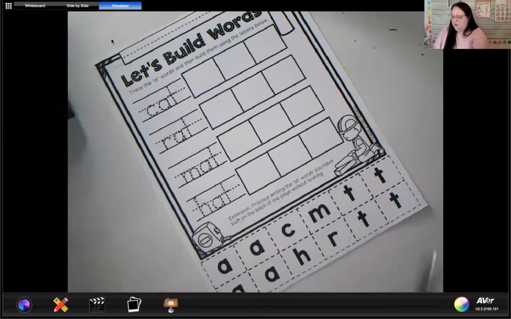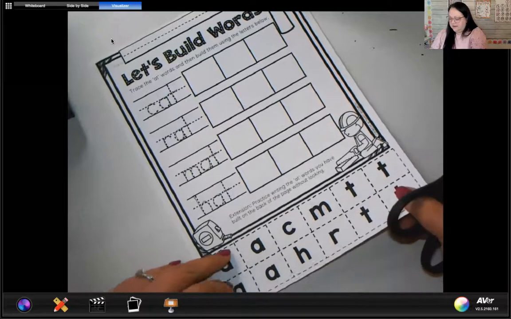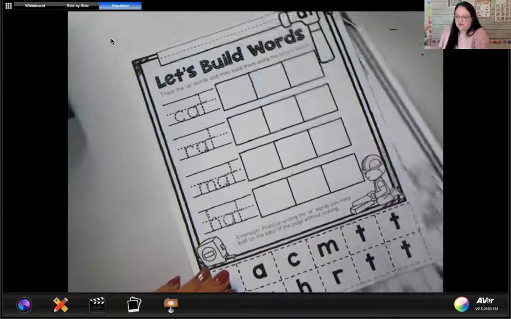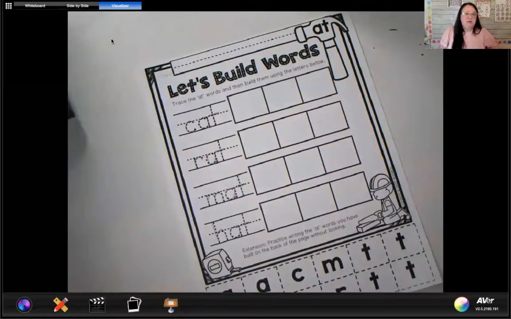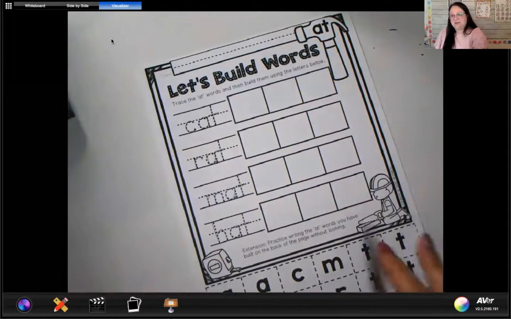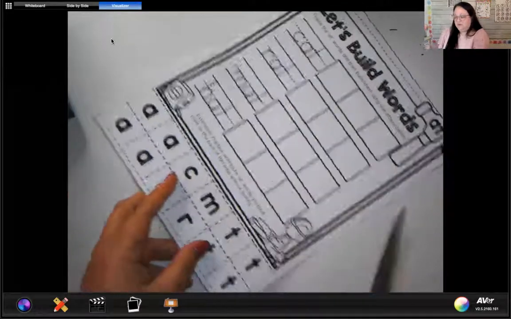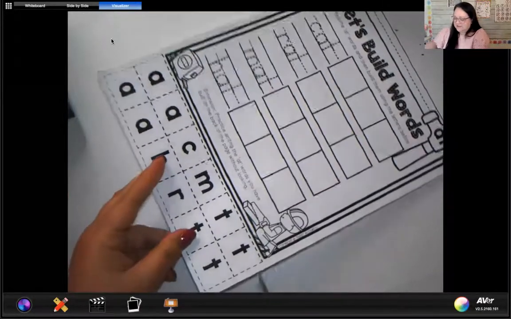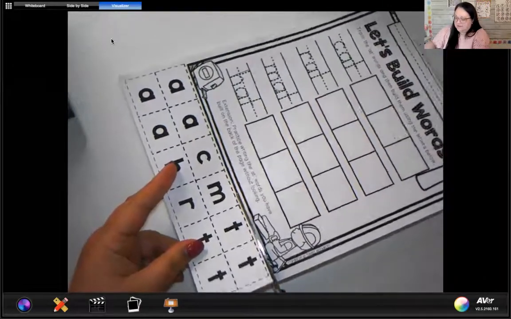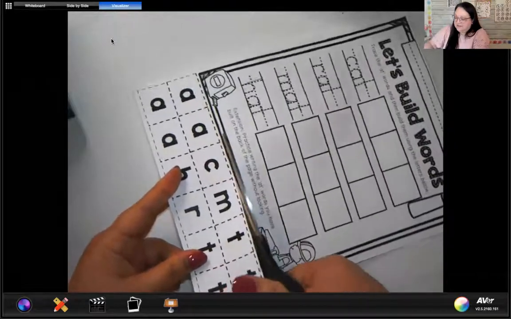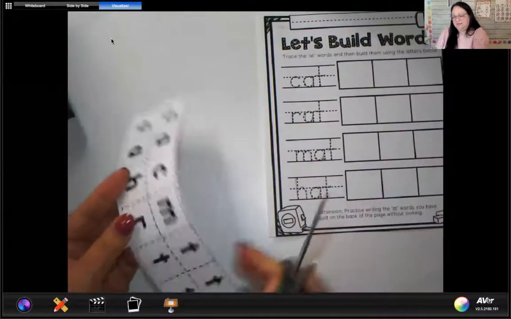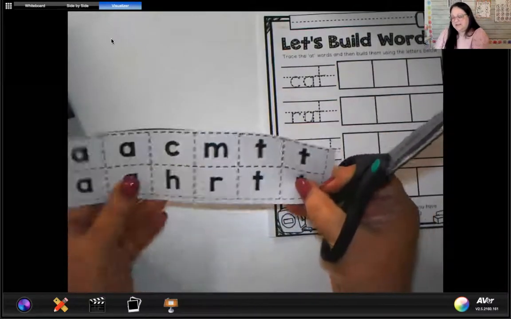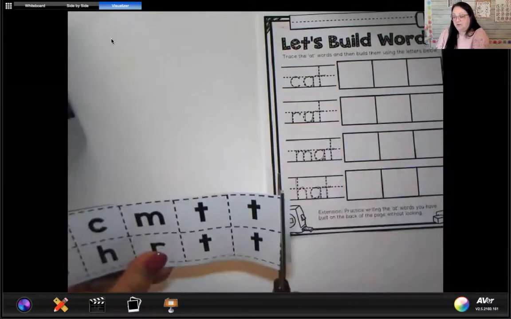Now, if you're still tracing your words, then go ahead and make sure you press pause on the video. Okay? All right, so I'm going to go ahead. Now, these aren't stapled, so I'm going to pull out these extra papers that you can use for extra practice because I don't want to accidentally cut them. So what Mrs. R always suggests is that you cut straight across, just like this. Now, these dotted lines on the bottom,